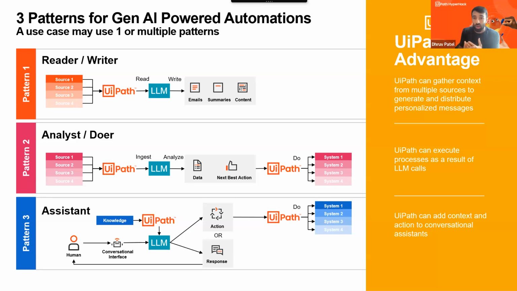And then finally, pattern three is going to be more focused around something you're familiar with. ChatGPT was really the first way that a lot of us interacted with and were introduced to generative AI. And so in a similar vein, having some sort of conversational interface, that could be a chat, that could be even just a form or apps, for example, to interact with your LLM. And have UiPath help provide more information, more context, maybe even information from a knowledge source, to the LLM to include in its final output. And that could be just responding back to the user through that same conversational interface, even taking action downstream as well, based off of the output or the result of the LLM, and then additionally going back to that response flow as well.